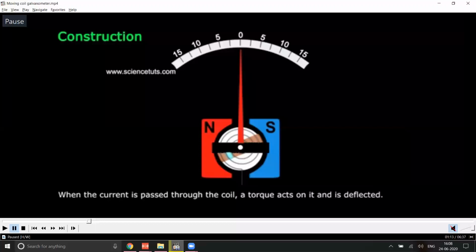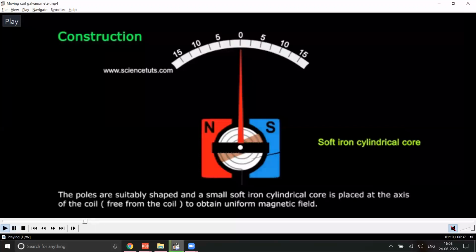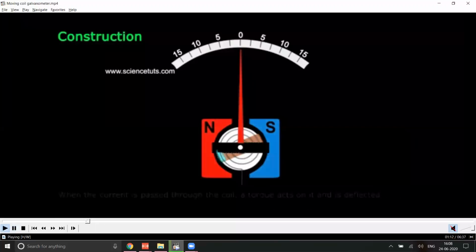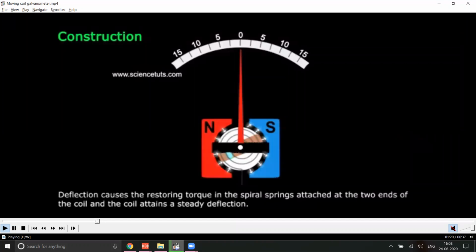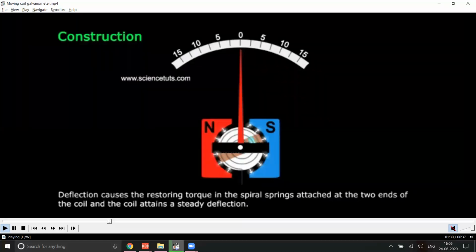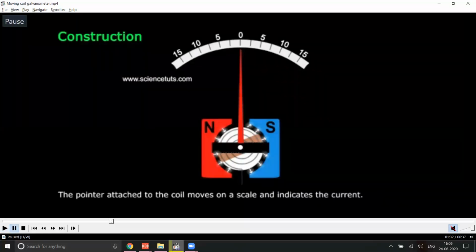Once these radial magnetic fields are produced, in that external magnetic field, look at the blue color animation which is being shown. Look at the blue color portion that is moving. That is the direction of current. Once the current is flowing through it in the magnetic field, what will happen? Obviously, it should start experiencing a torque. It starts rotating. Are you able to understand till this point?